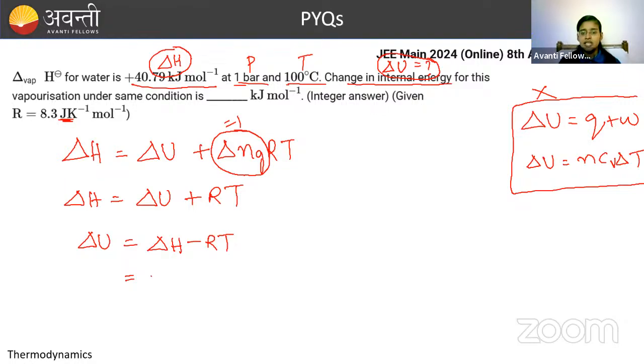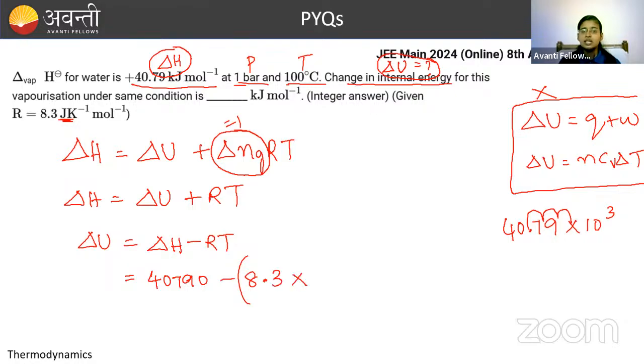So it will be 40790, because it is 40.79 into 1000. So you have to move the decimal 3 digits towards the right side. So you will get 40,790 minus